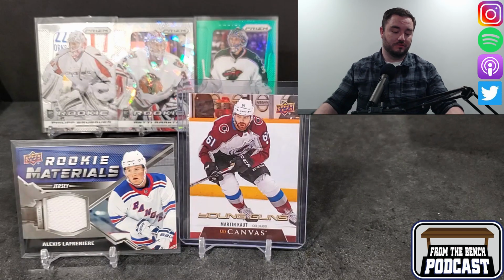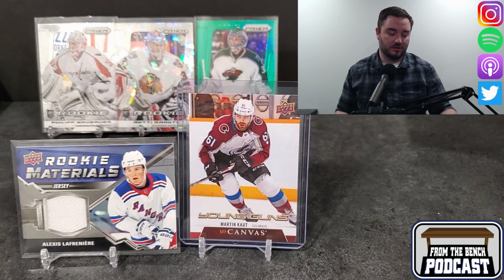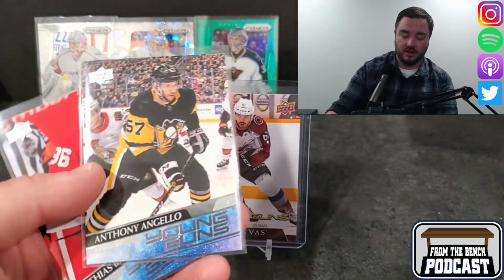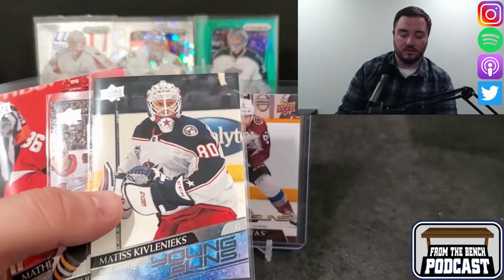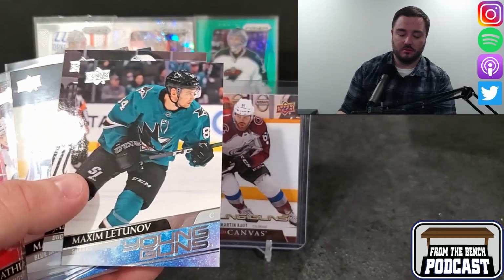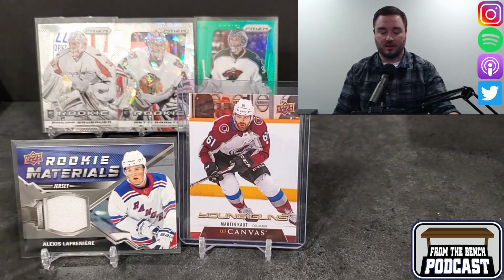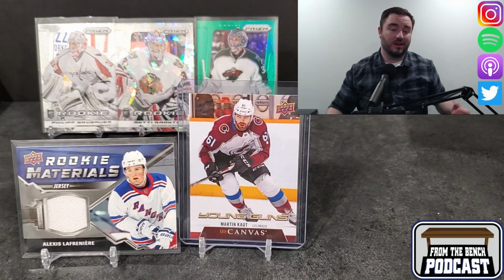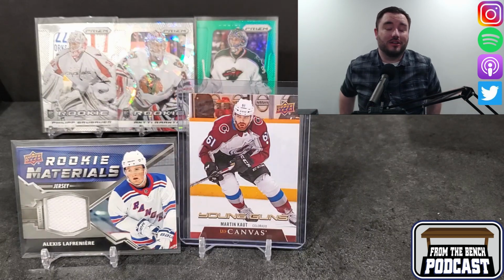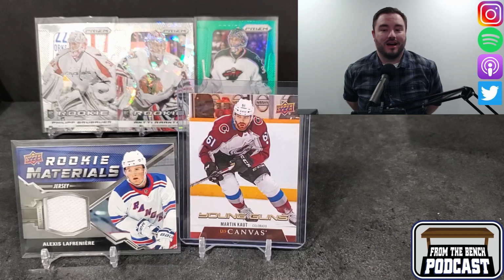And then the rest of them, usually we go through the hits on these, but what do we got? Matthias Brome, Anthony Angelo, Kivalinks, Yanni Hakanpää, Maxim Latunov, and then those 2. So not the greatest, but like I said, these are probably as bad as you're going to get out of these. I'm probably going to stick to,